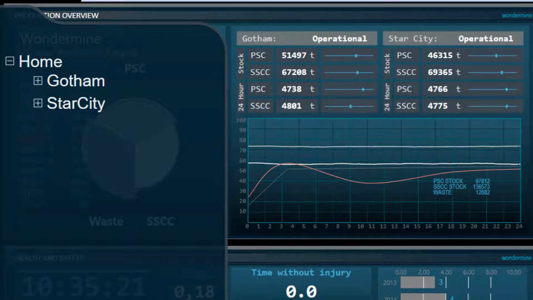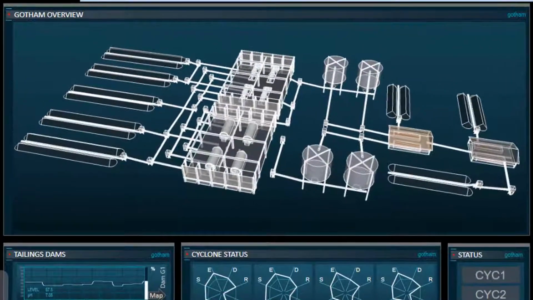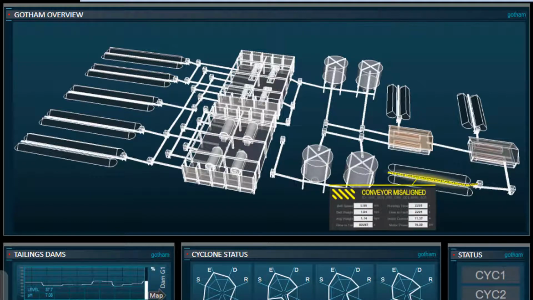For instance, to access one of the two sites, one simply has to tap on it. The focus now changes to the selected site, and the viewer is presented with information related to this specific site. Using a simple wireframe, the viewer is presented with an overview of the entire site. During normal operation, the overview is designed not to distract, but the moment an abnormal condition is detected, the user